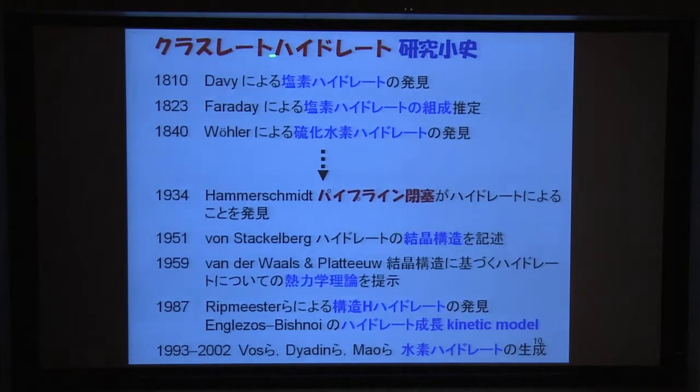And it's being stored. So in the beginning of 1800, the chlorine hydrate had been found, what we call a laboratory curiosity in English. Perhaps these are some weird kind of matter that you can find in the lab. And then after more than 100 years, it got in contact with technological